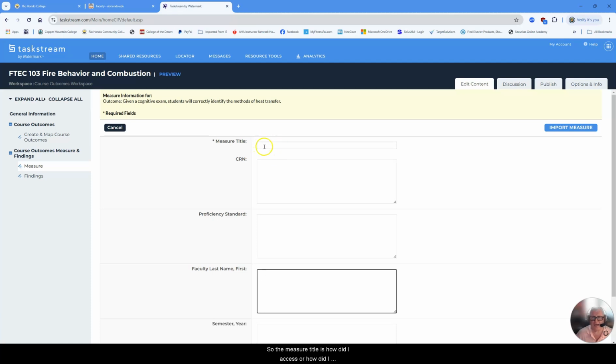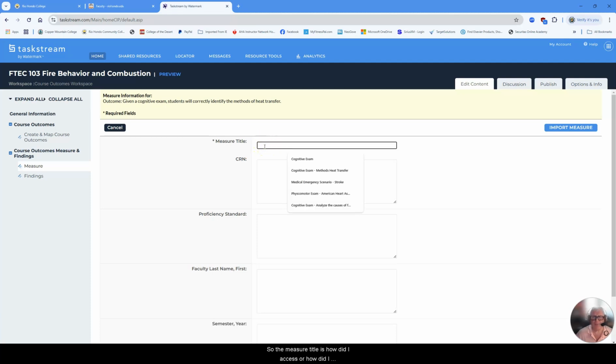So the measure title is how did I assess the student's SLO? In this particular case, for my class, I used a cognitive exam, and I mapped it to one question related to the methods of heat transfer, which correlates up here with my SLO assessment.